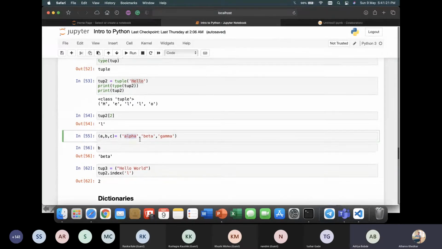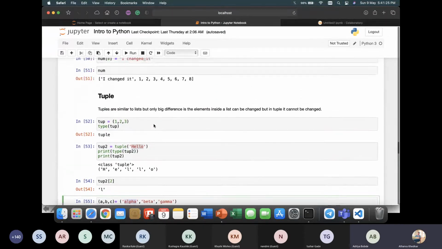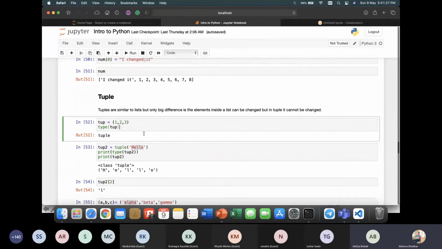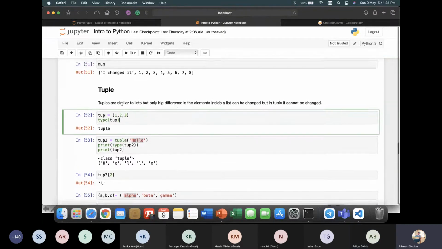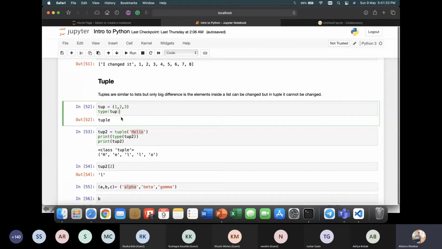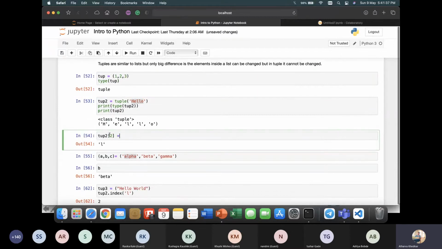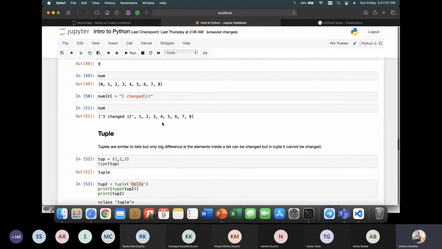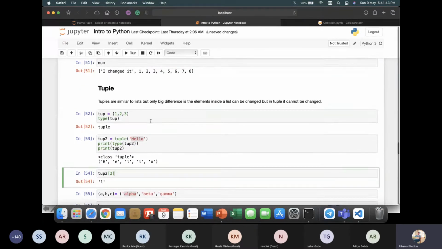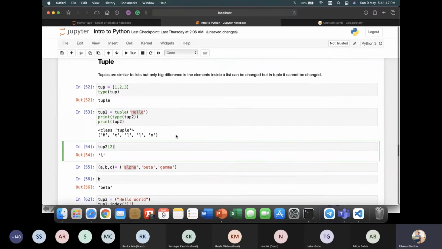Bhakti is asking to explain about the tuples. A tuple is the same as a list, but the only difference is you won't be able to change anything in the tuple. Once you have given any value in a tuple and you try to change it using indexing, it won't happen and it will give me an error. While in lists, you can do it. So that's the basic difference. Basically, they are lists only.